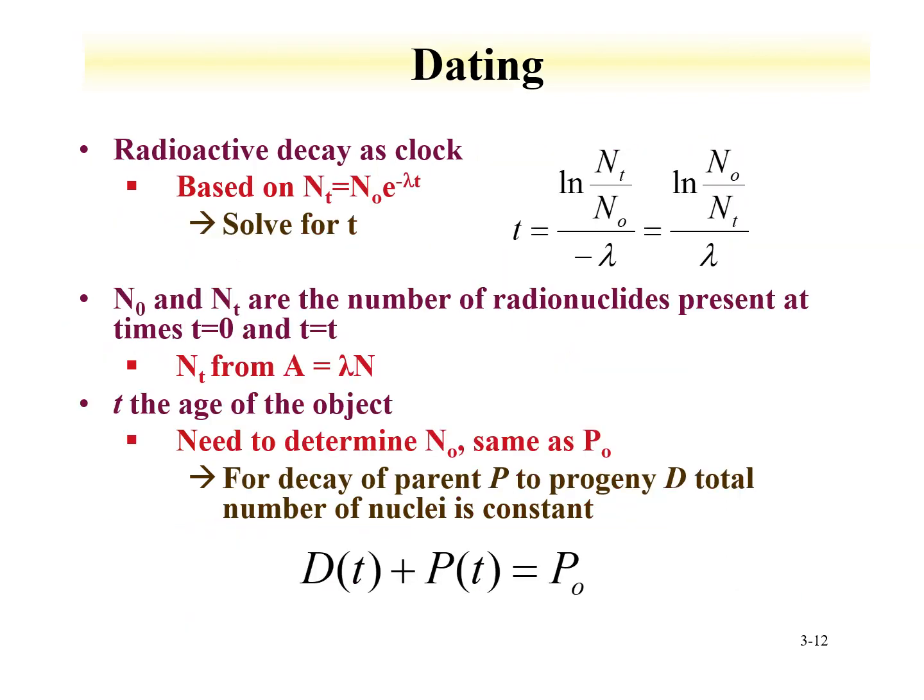So if we have a long-lived isotope that decays to some ground state or stable or long-lived progeny, we can use this as a clock to determine the age of something. And the clock is basically from this equation, where the number of atoms at a given time t is equal to the number initial times e to the minus lambda t. So let's rearrange this equation and solve for t, and the equation becomes what is shown here, where t is equal to the natural log ratio of the initial number of atoms and the number of atoms at time t, divided by the decay constant